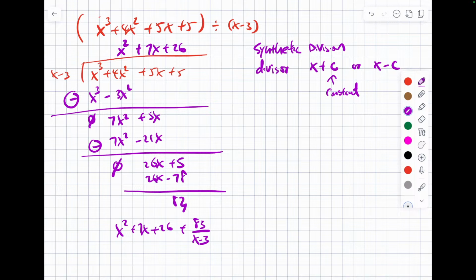Now, could I do it with 3x minus a number? It would work if you know the tricks. But I'd rather avoid those tricks, because in that case I'd rather use long division. So right now, if it's x minus a number or x plus a number, then you can use synthetic division. Now, what do you think is going to be first? It is going to change the sign of the divisor